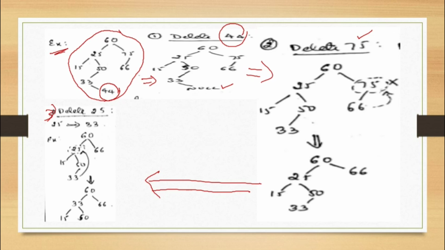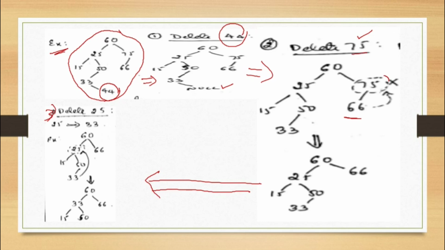Now here there's a small problem, that is because 66 is one child. It has one child. So 75 has one left child, which is nothing but 66. Let it have a left child or right child, that doesn't matter. Whenever you want to delete a node with a single child, what you are simply doing is deleting that element, whichever they ask you to delete.